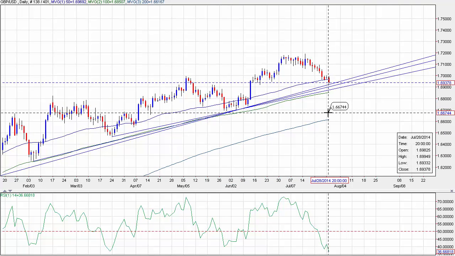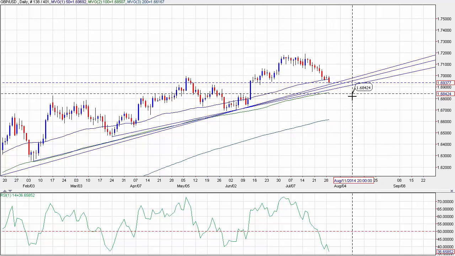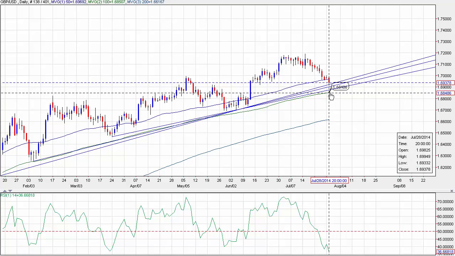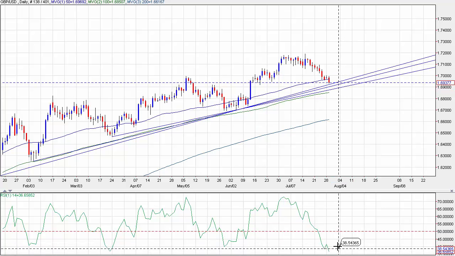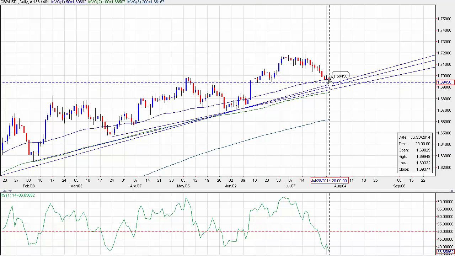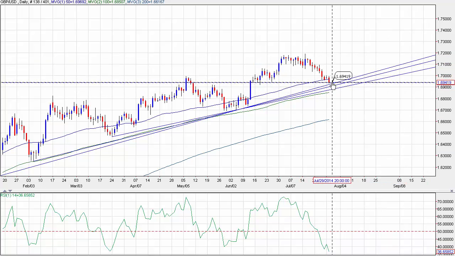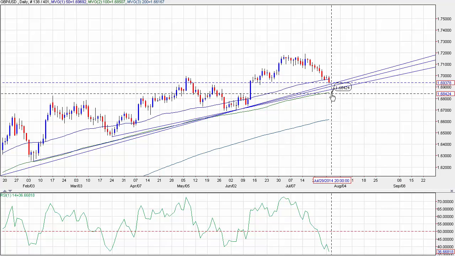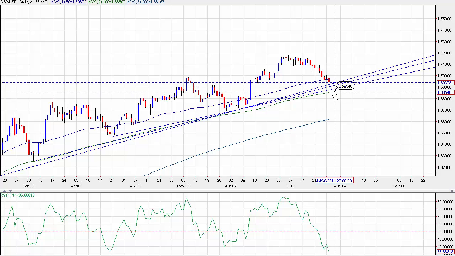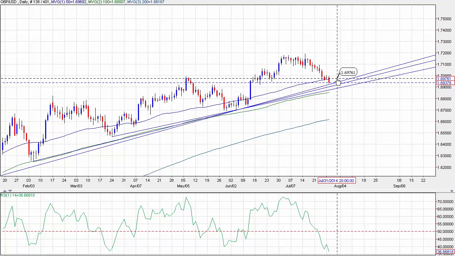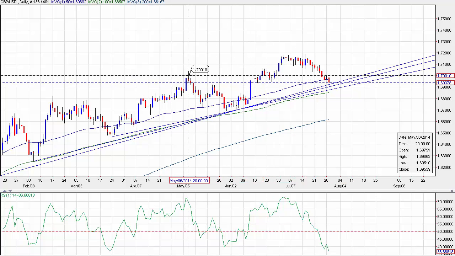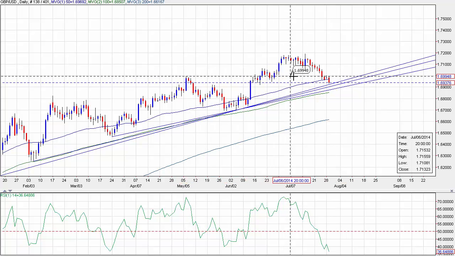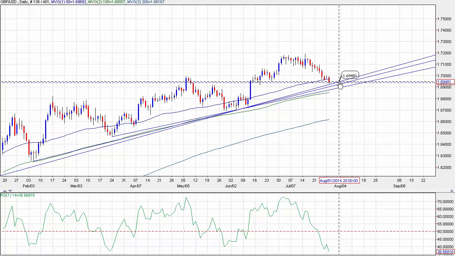Now, we should first respect the 100-day moving average here, which is around 1.6850, especially if the RSI is below 30. But if we have broken below the trend lines and we get a pullback from, let's say, 1.6850, the 100-day SMA, then we should look for resistance in the 1.70 area, which is this week's high, and previous resistance pivot as well. So with a break, look for sellers on the bounce back to 1.70.